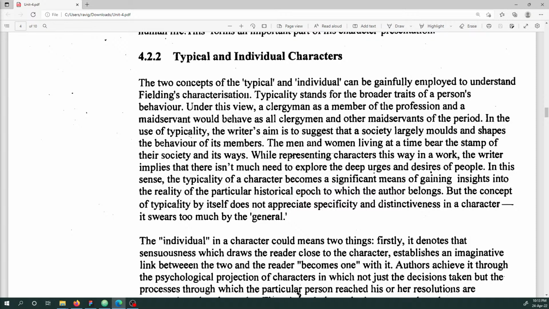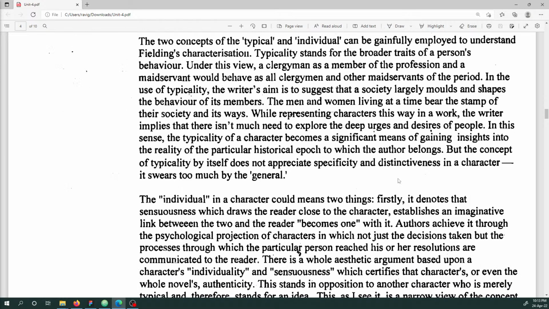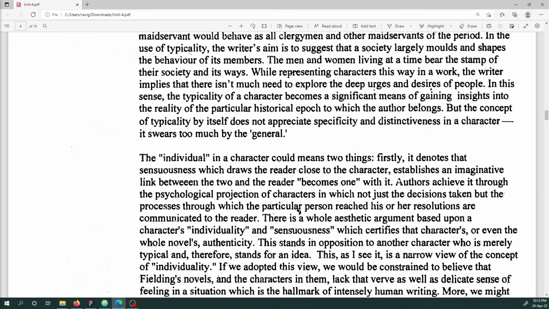In this sense, the typicality of a character becomes a significant means of gaining insights into the reality of the particular historical epoch to which the author belongs. But the concept of typicality by itself does not appreciate specificity and distinctiveness in a character. It swears too much by the general. The individual in a character could mean two things. Firstly, it denotes that the sensuousness which draws the reader close to the character